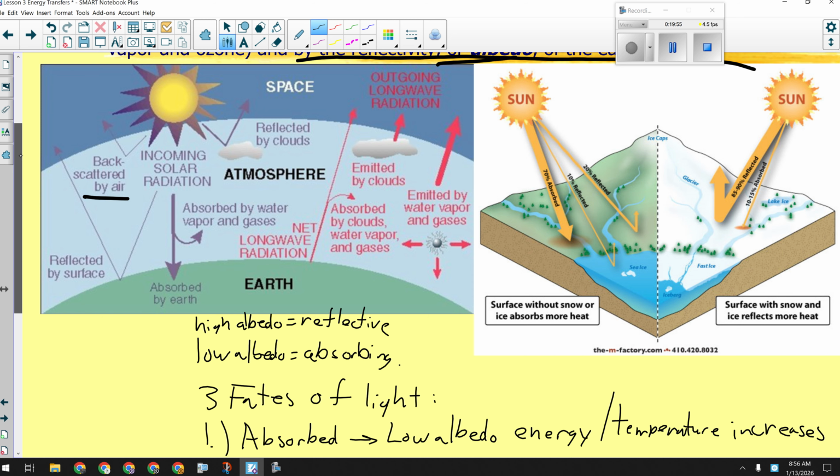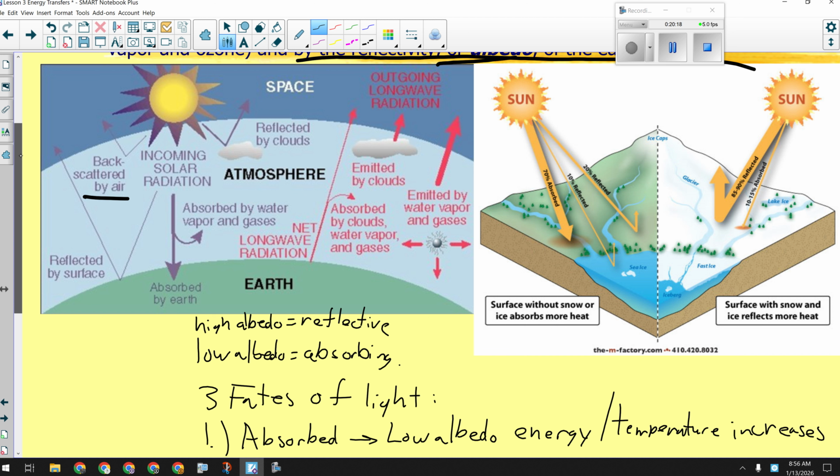And about 20% would be reflected off of light-colored surfaces. Maybe you've got some light-colored rocks, or something like that, and it would be reflected off of that. But 70-30 is the ratio between absorption, conversion, and reflection, because the albedo is generally lower in the summer. All right, now,